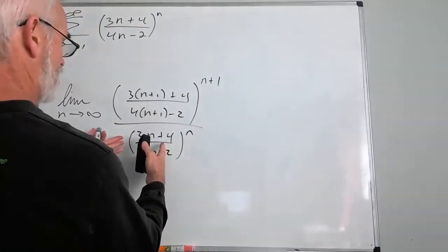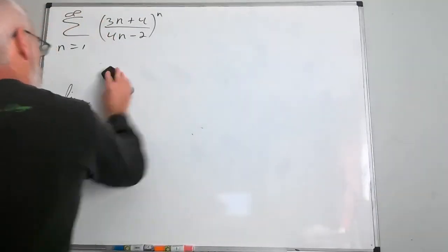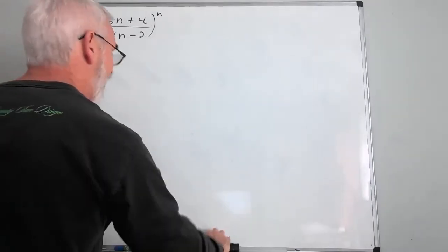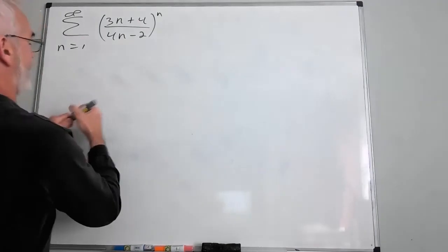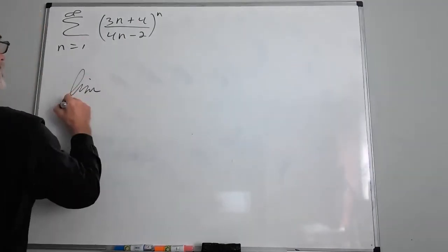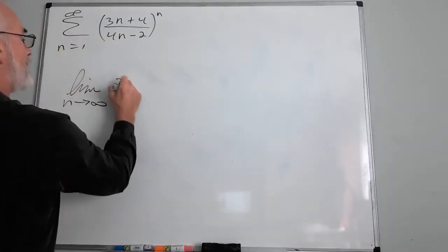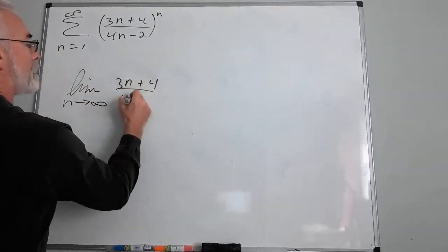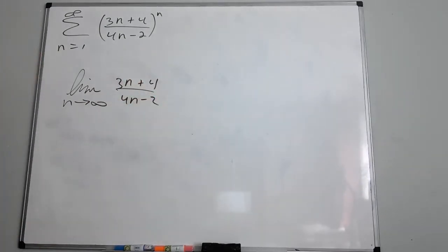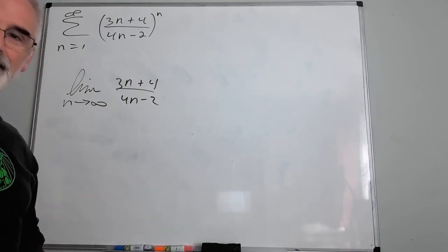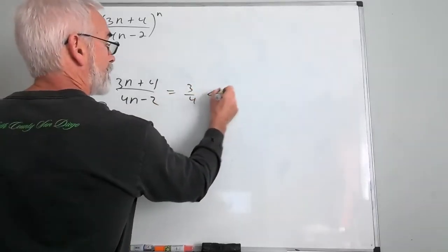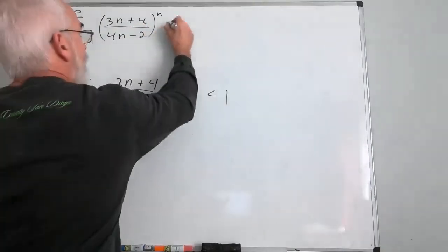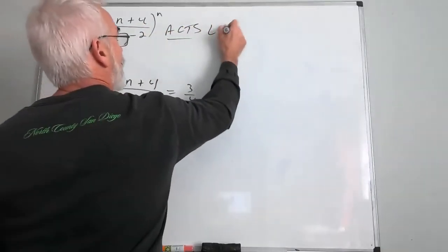So, by the way, that scares me. But I have just written this as something to a power. So let's look at the something. All I have to do is consider the limit of that thing on the inside. And what is that limit? Anybody? 3/4. It's 3/4, which is this one. This thing acts like,